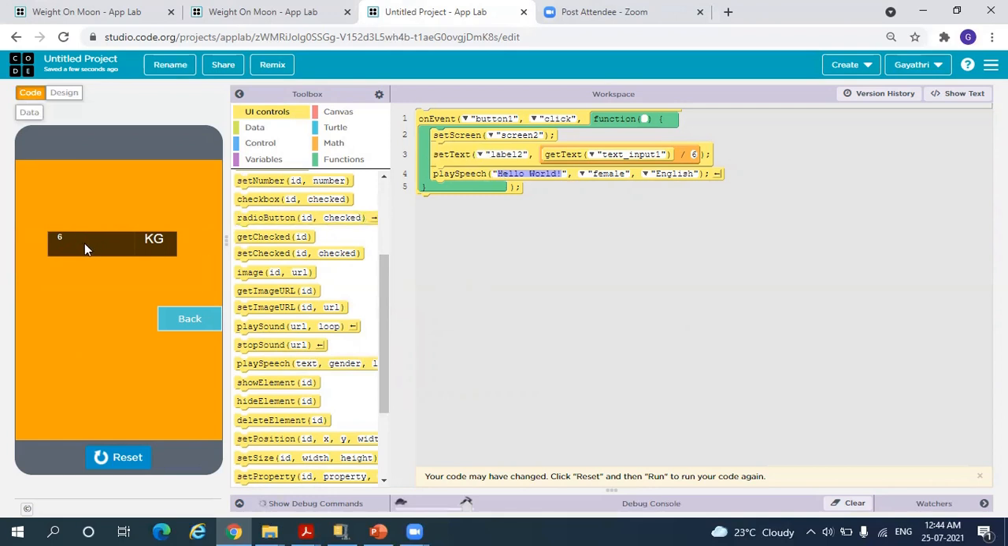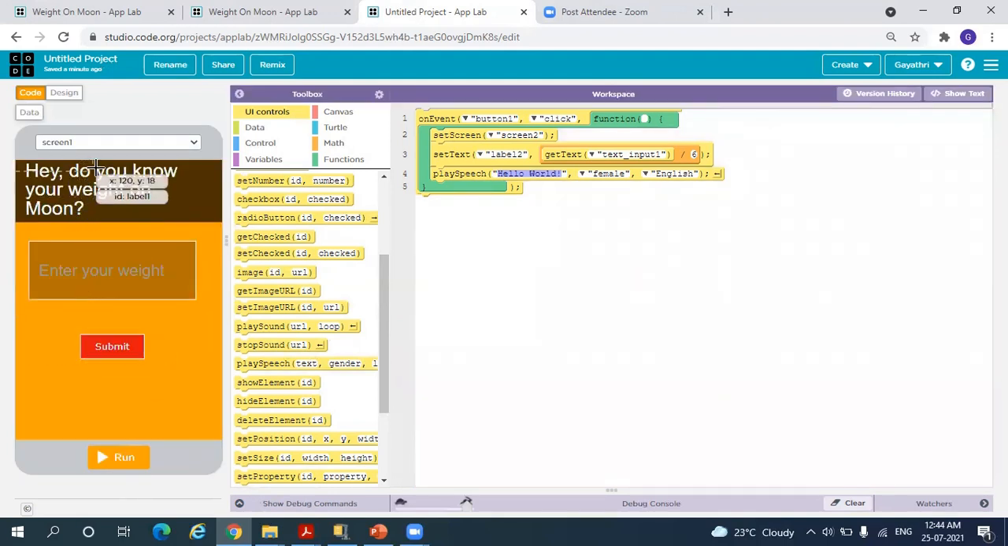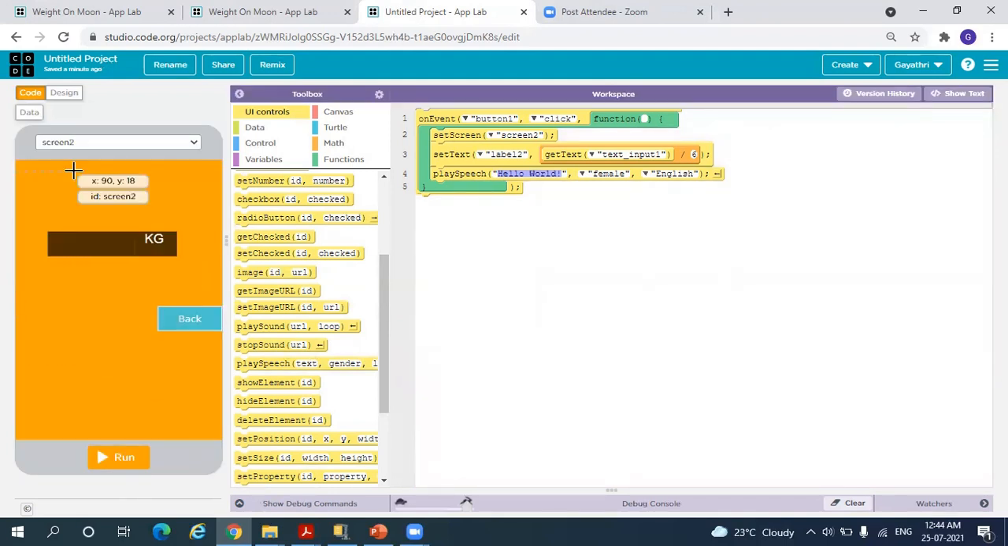if I hover here, let me go to screen 2. Now if I hover here, you can see label 2, right? So place page label 2. For that,